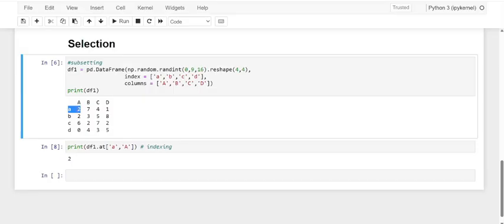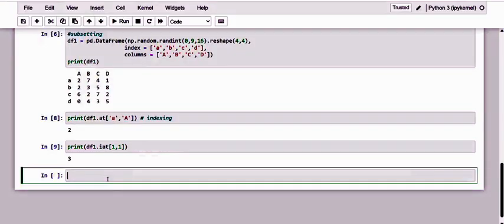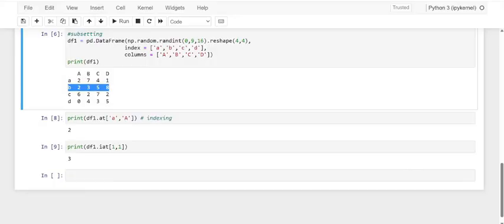If you want to do the same thing by an integer position, let me give something related to the integer position. Here I have to provide iat, which is all about the integer positioning. And here let me give the index 1 comma 1. Kindly see here, dear friends, 1 comma 1: this is the one row and this is the column 1. So here we get this element.